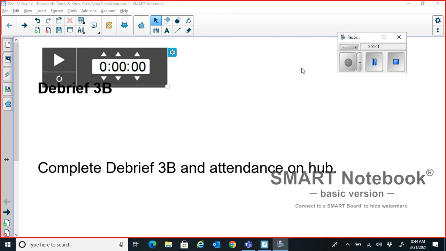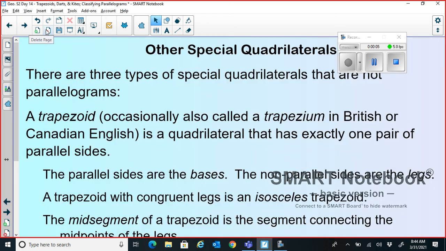Well, let's get started with today's class. We will move on to see other special quadrilaterals. We had seen the different types of parallelogram in the previous class. They were rectangle, square, and the rhombus. We saw the properties of rectangle, rhombus, and square.